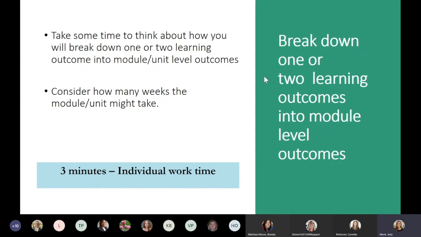Okay, so you may not have finished in all that time, and we're going to keep rolling just to move you further along through the process. But it is good practice to take some time and think about really engaging and figuring out what those more measurable steps for your students will be.